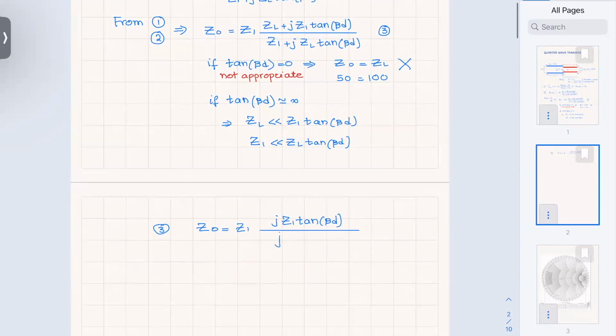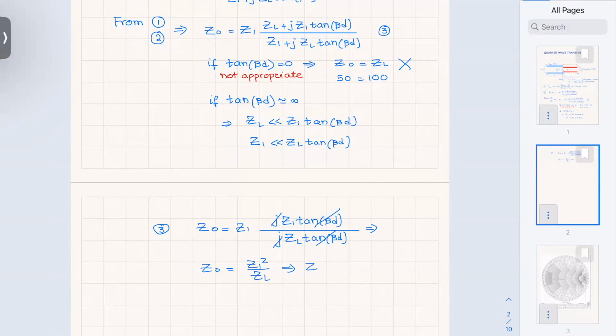And underneath it, I will ignore Z1 and it's j ZL tangent beta d. Beta d is very large, but it's equal, so I can get rid of this. And therefore from here, I get that Z naught is going to be equal to Z1 squared over ZL, which implies